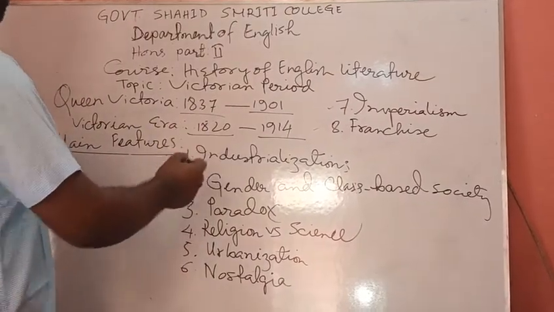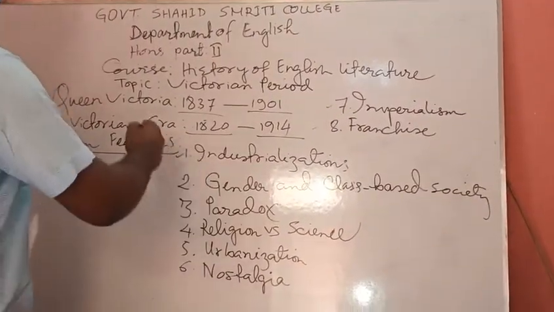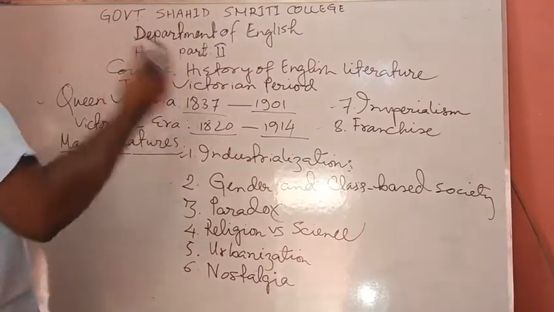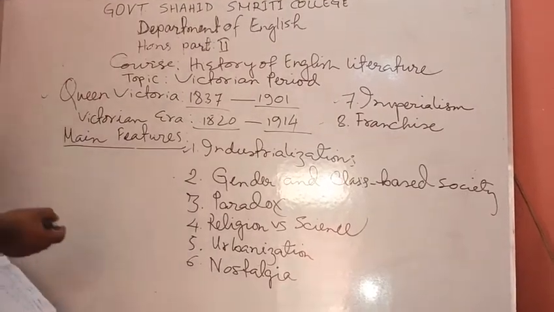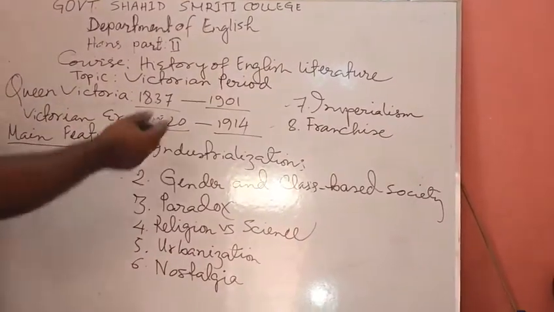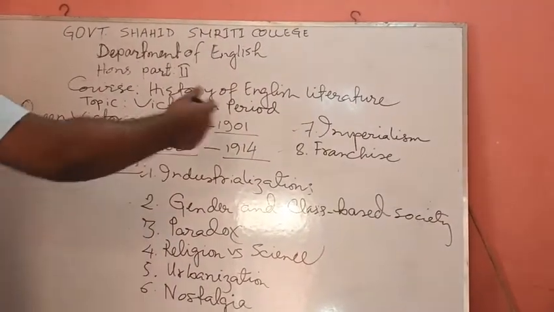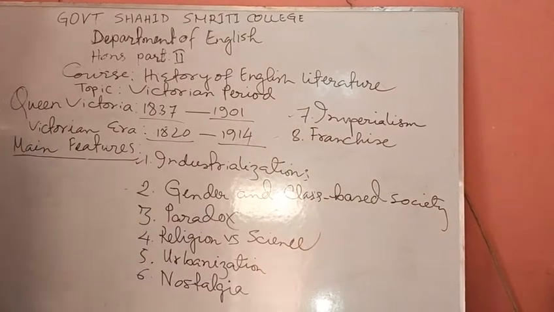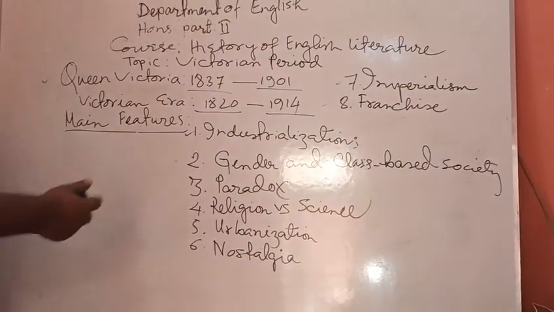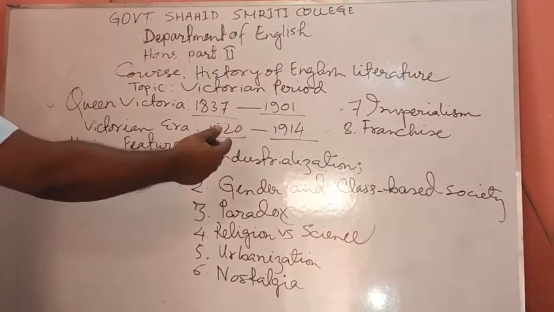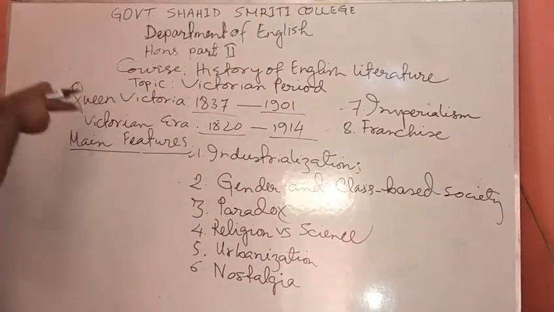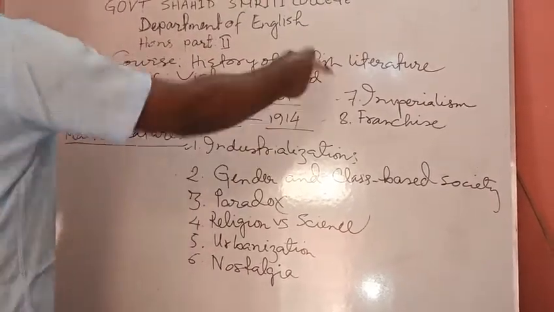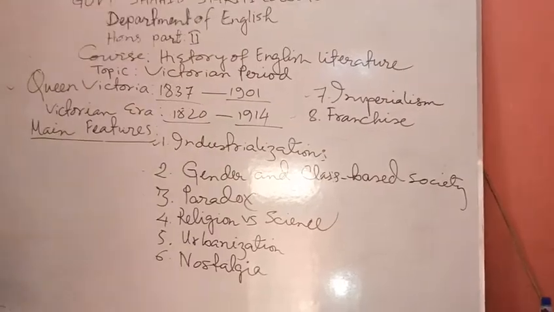H.G. Wells, one of the greatest novelists of the Victorian period, whose novels The Time Machine and The War of the Worlds are very famous. In those novels, we get introduced to the scientific inventions of the age. So the age is famous for scientific inventions, which pushed the Victorian era into an industrialized world. Second point,